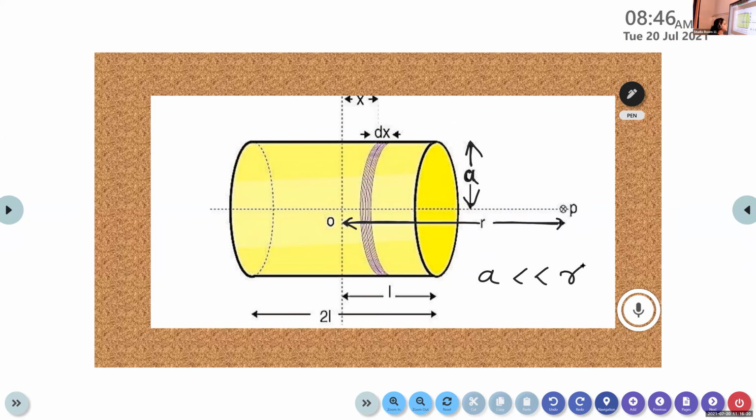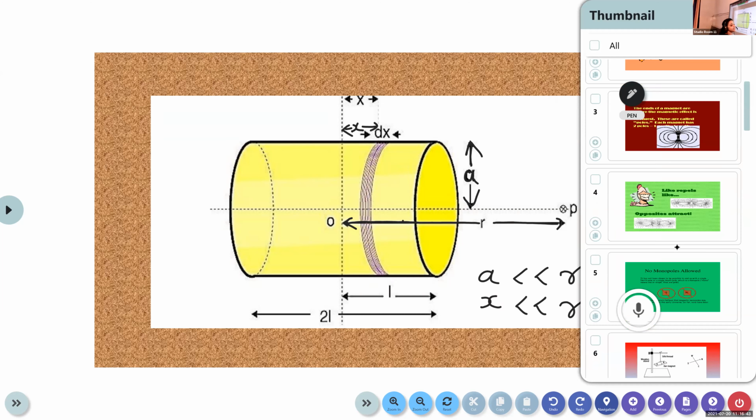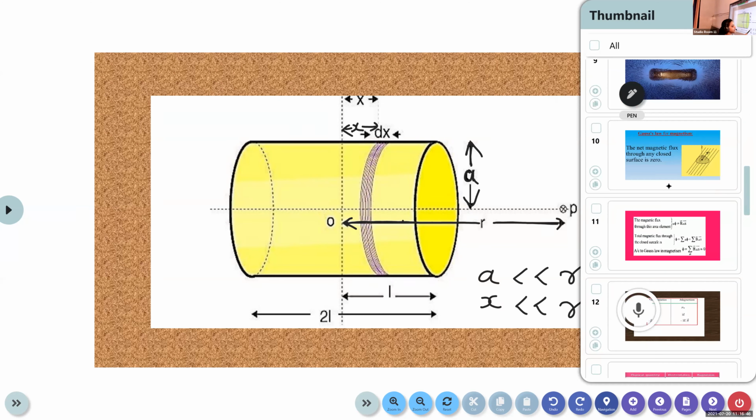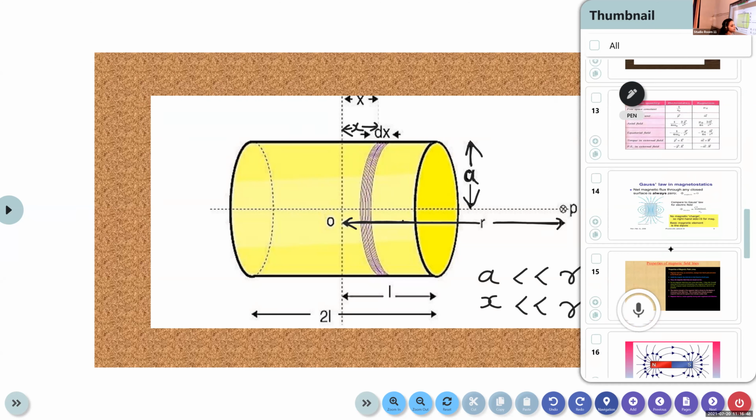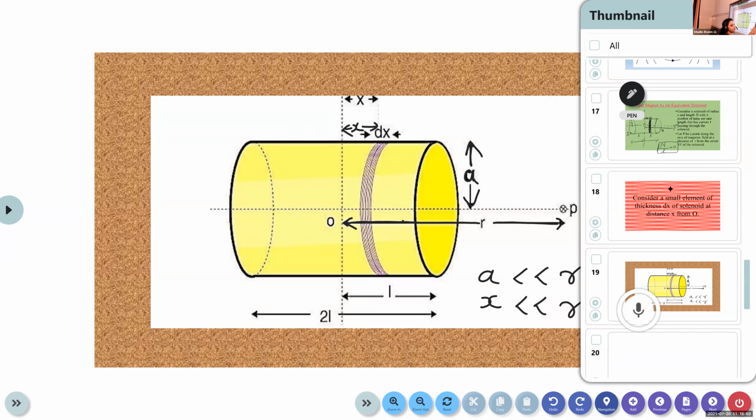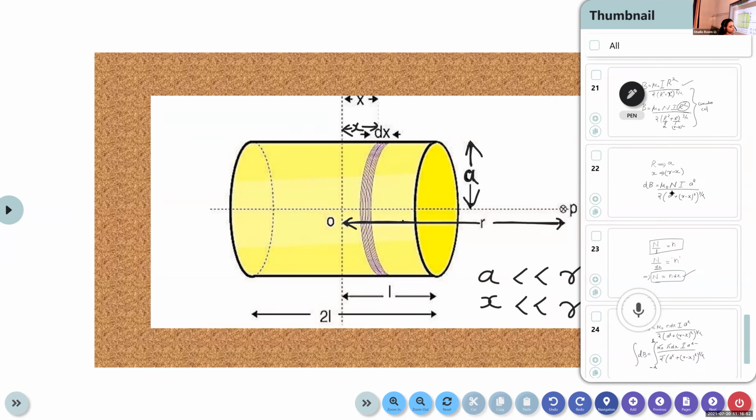Similarly, we compare the distance X, that is the distance between the small segment dx and the center of the solenoid. Which distance is greater, R or X? Here also R is greater, or we can write X is very, very much less than R. So we can neglect those terms in the equation, because the distances A and X are very, very much less than the distance R. So our equation becomes,